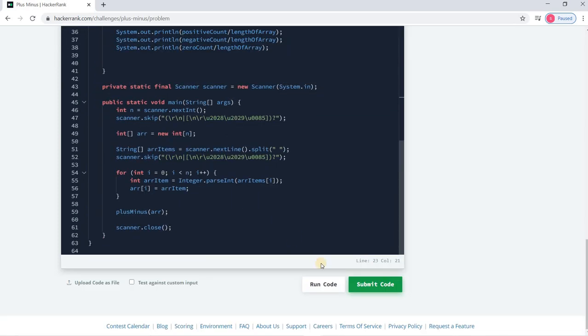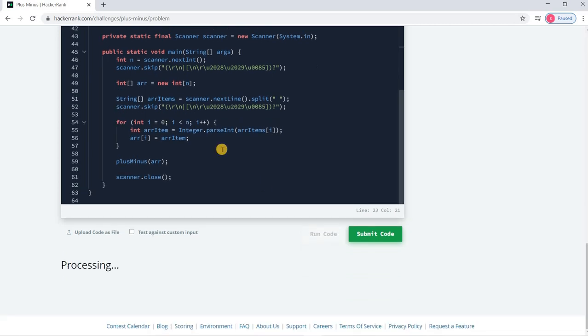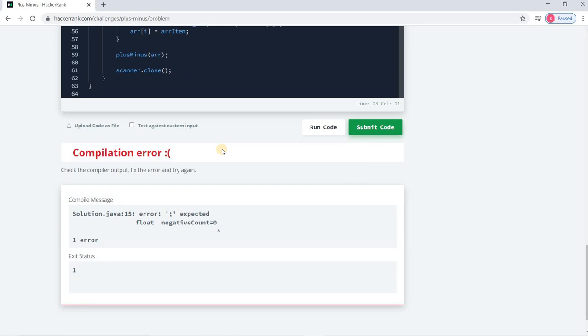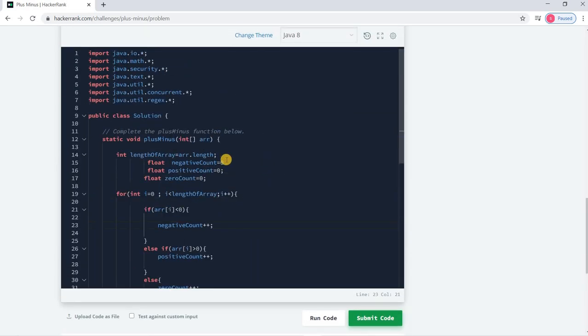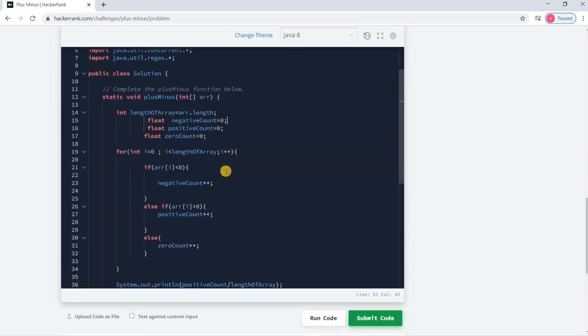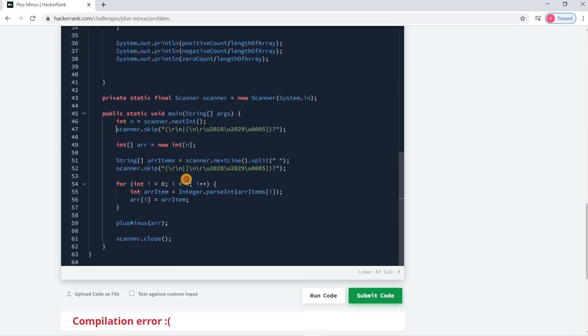So we can just run the code and check whether it gets success or not. As in the main function we have already been given all the input format, we are taking n as the size of the array, and based upon the size we are creating an array, and in the array we are storing the integer values.